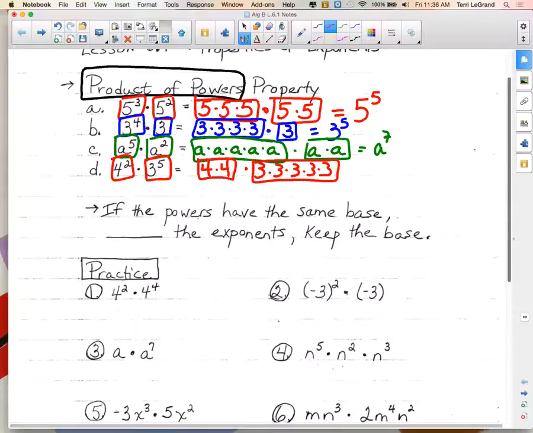820 what? 3,543. Okay, you guys agree with Noah? 7 to the 7th power equals that? Yes. Okay, so for those of you that can't figure out how to use the power key on your calculator